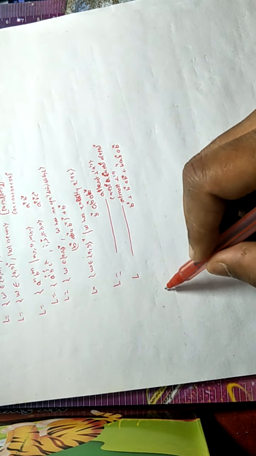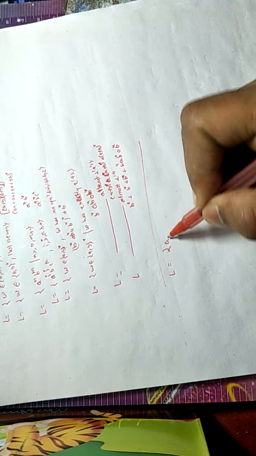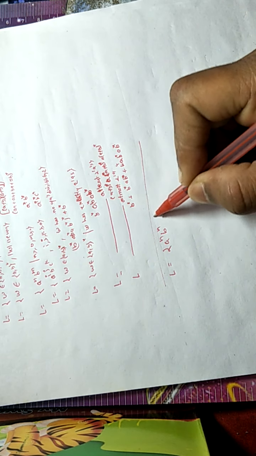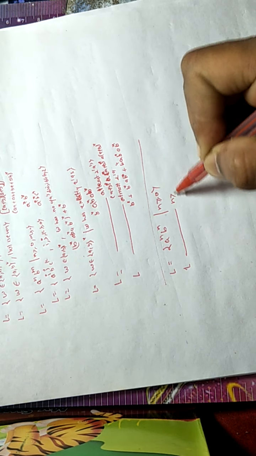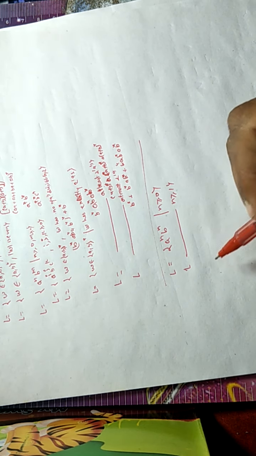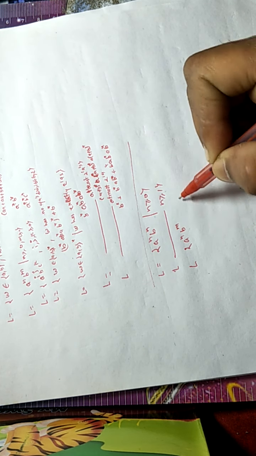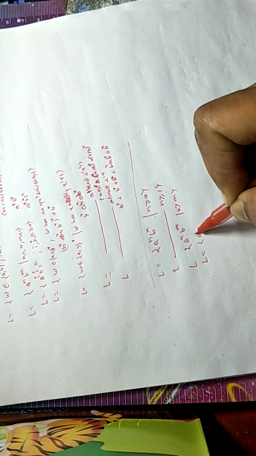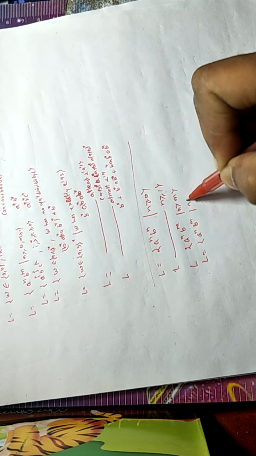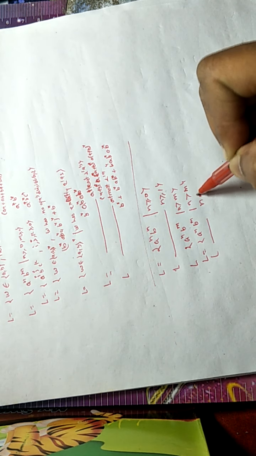Later, in later lectures, we built the context free grammar for L is equal to a raised to power n, b raised to power n, n greater than equal to 0, n greater than equal to 1, then a raised to power n, b raised to power m, n greater than m, n less than m, n not equal to m,